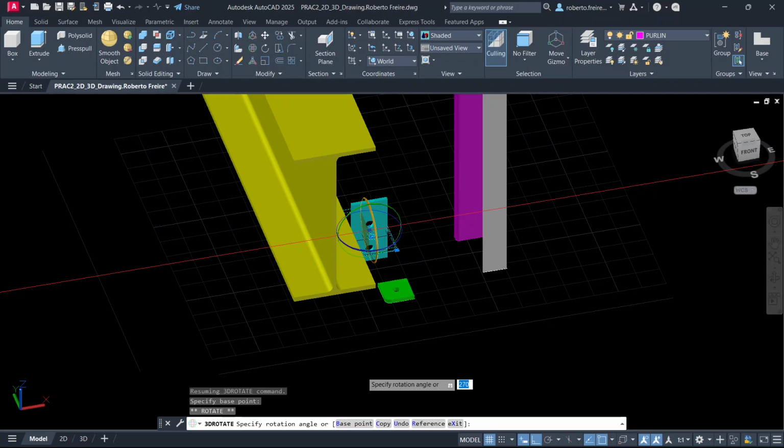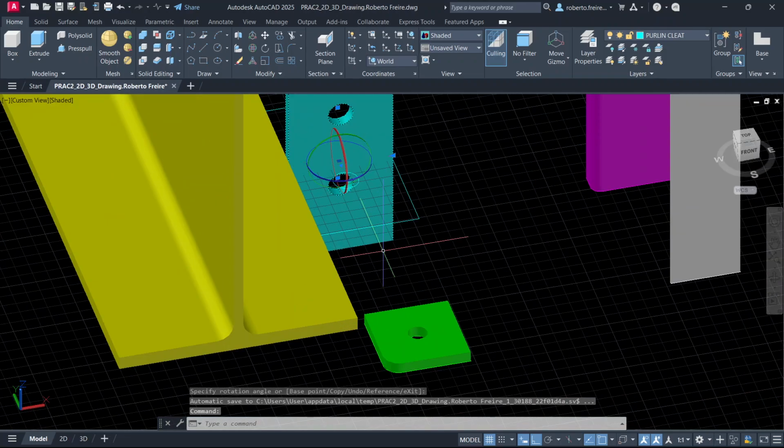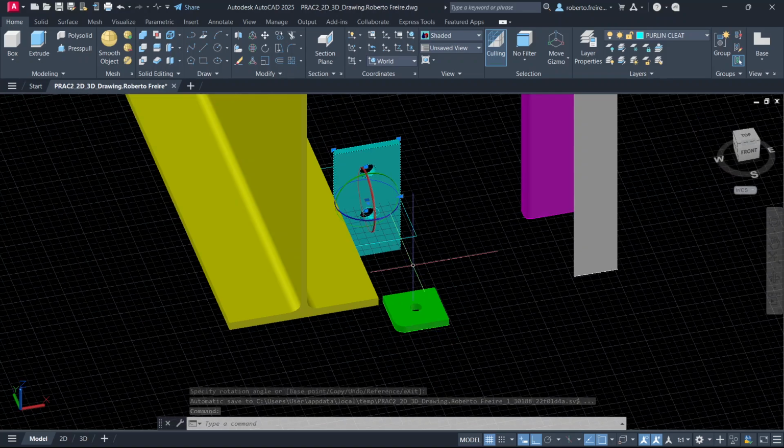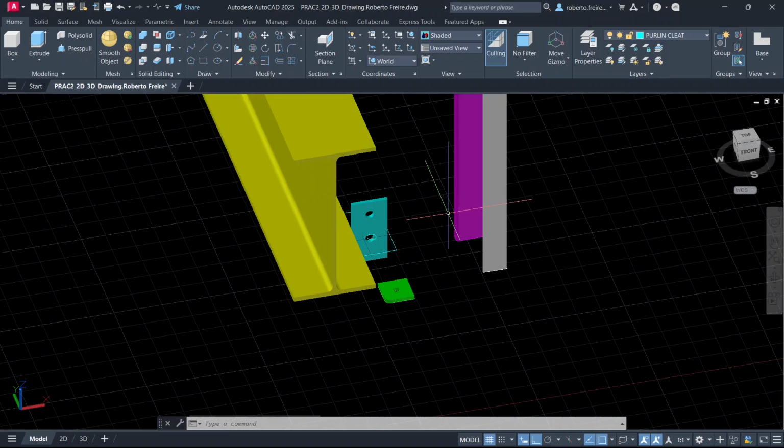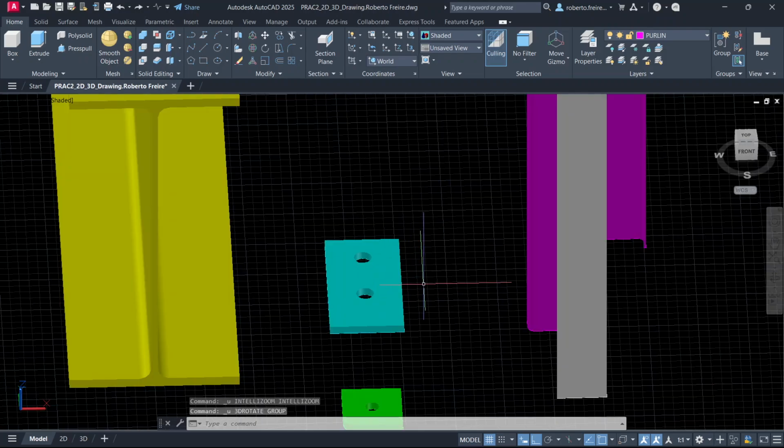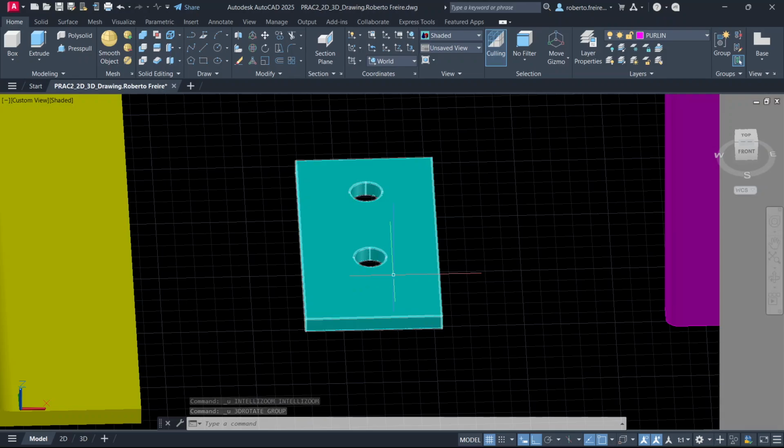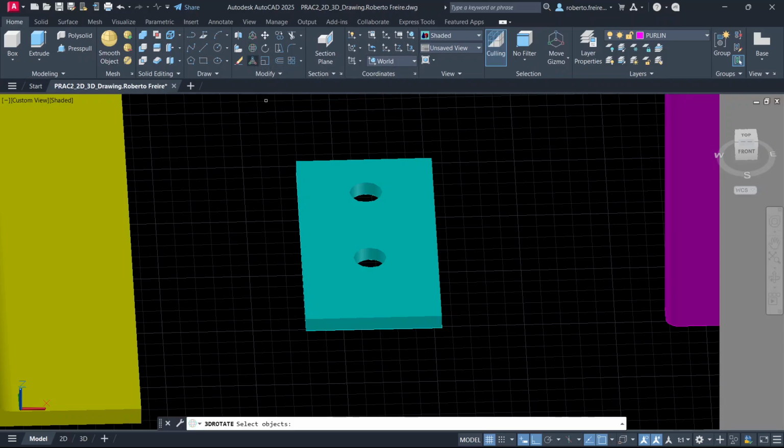Just make sure to move your mouse up and click on the top. Actually, let me do this one again. Let me Control Z. So I need to make sure what's the correct position for this one. So this one is my base. So the big dimension here must be on the bottom and the small dimension must be on the top. So when you use this command, click there,